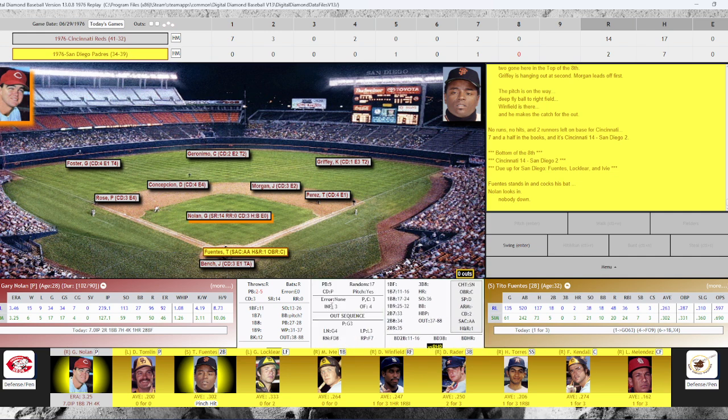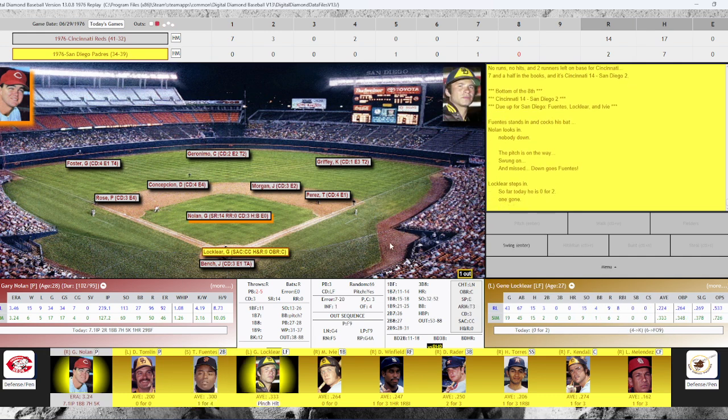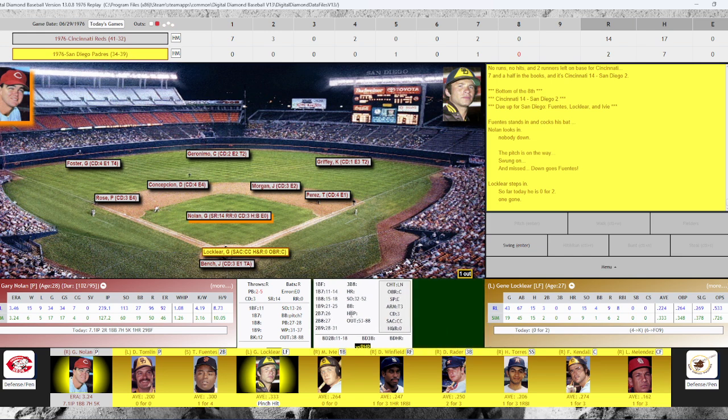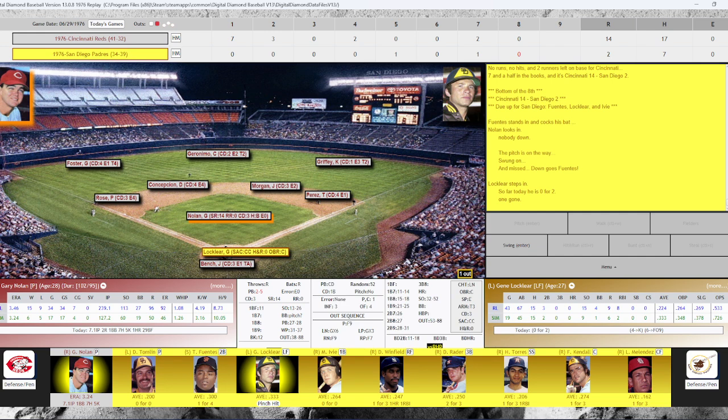Fuentes to lead things off here. The pitch to Fuentes is going to be taken for strike 3. So there's one out. That'll bring up Gene Locklear. The pitch to Locklear is going to be,